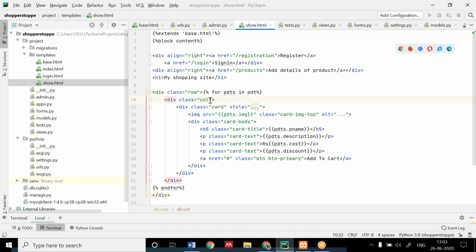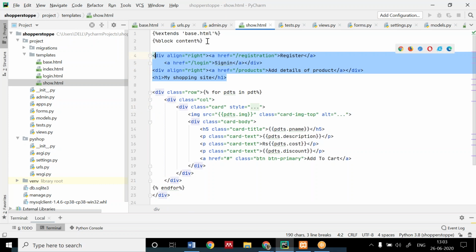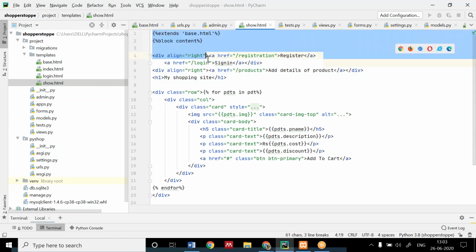Okay, Vishaka, you can skip this div class row, div class card. You can skip these lines because you haven't used Bootstrap, so it's okay. You can skip this alignment, or you can align this. You can write this line from the starting till the 7th.